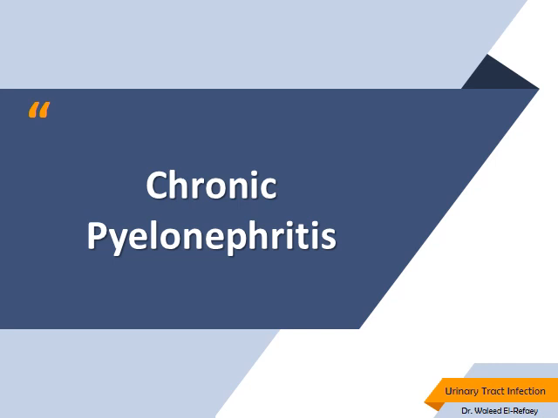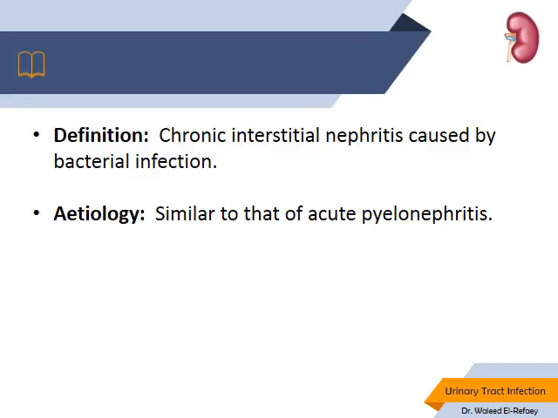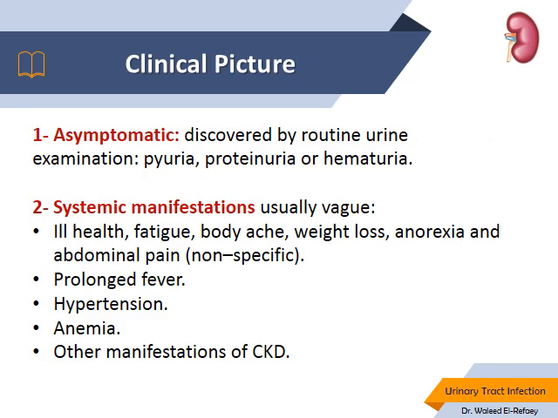Regarding chronic pyelonephritis, this is a chronic form of pyelonephritis which leads to chronic interstitial nephritis in the pathology of the kidney, caused by bacterial infection. The etiology is similar to that of acute pyelonephritis, with the same routes of infection, predisposing factors, and microorganisms that lead to infection, but this is the chronic prolonged form of pyelonephritis. It may be asymptomatic, discovered by routine urine examination with pyuria, proteinuria, or hematuria, or it may manifest with systemic manifestations of chronic